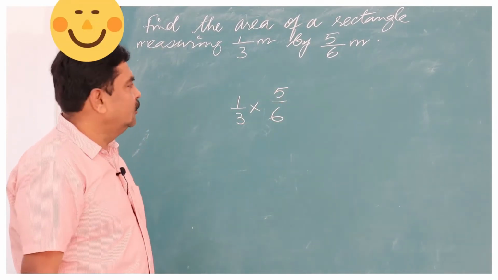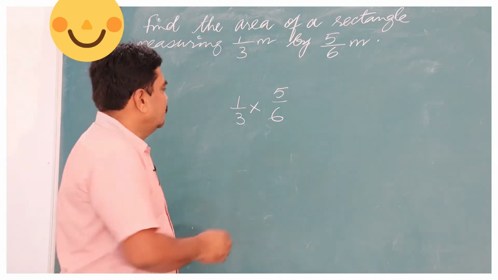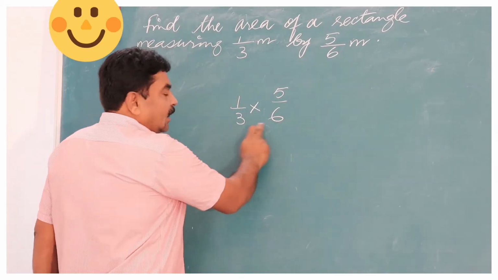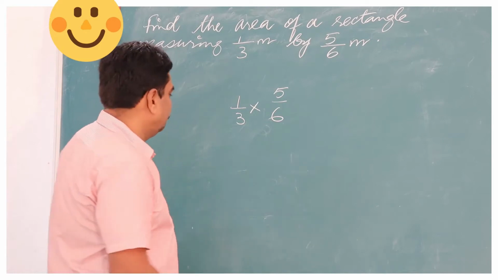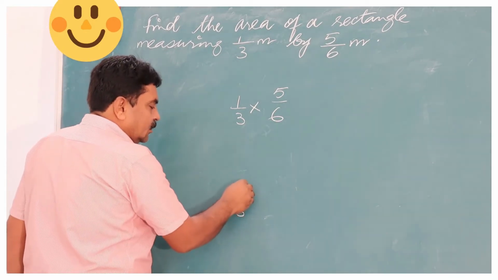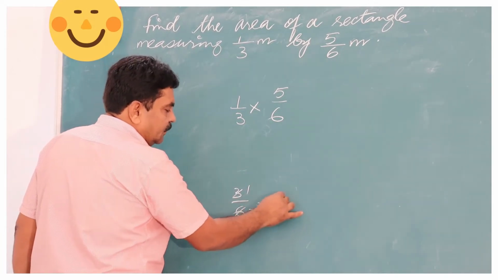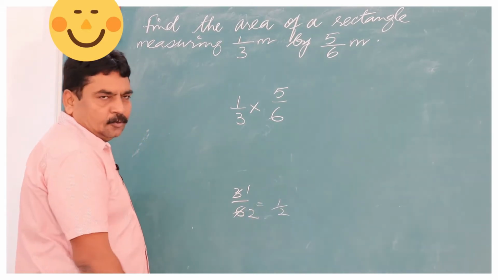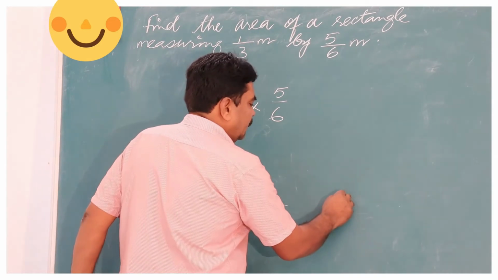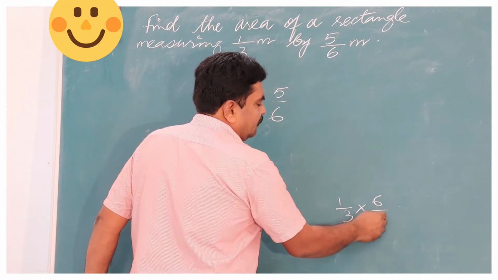Now you see, I'll give you one more hint here. Here you have 3, here you have 6. Both are in the denominator's place. Suppose the same thing would have been like this, then you are going to cancel it: 3 one time and 3 two times. It becomes 1 by 2, right? Or suppose you have it like this, say 1/3 into 6/5.